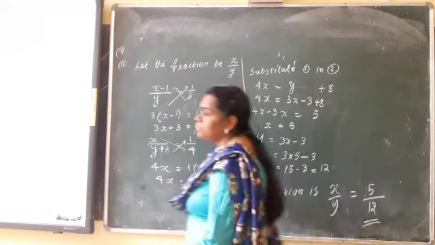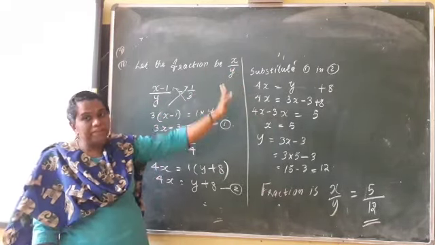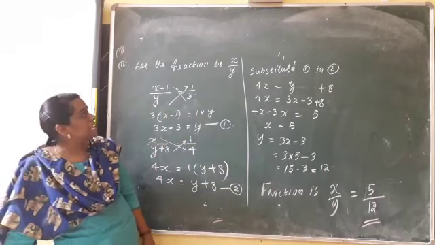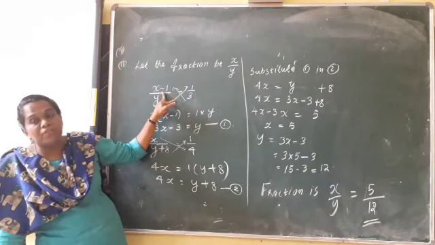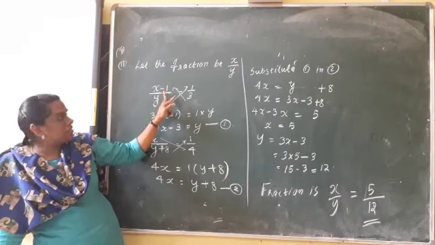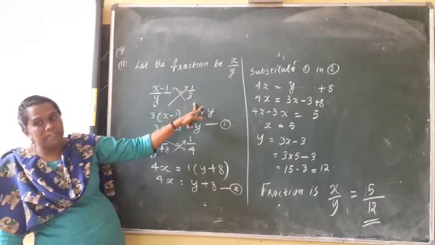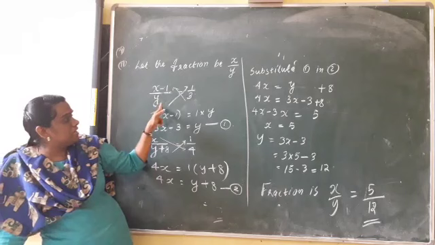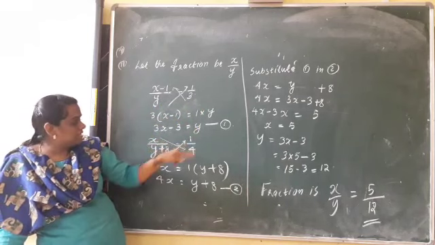So once more, here the required fraction, let it be x by y. Whenever you have such a problem, you take the fraction like this. Two conditions are given. If you subtract 1 from the numerator, which is x, we get x minus 1 by y. The fraction becomes 1 by 3. If you get like this, you should cross multiply. Then 3 into x minus 1 is equal to 1 into y. 3x minus 3 is equal to y.